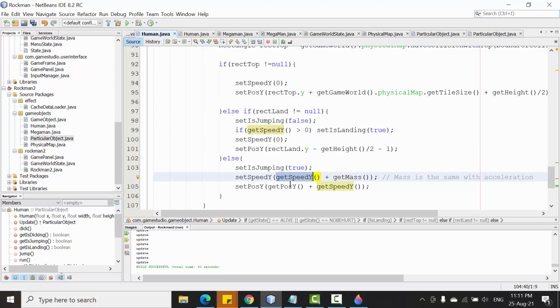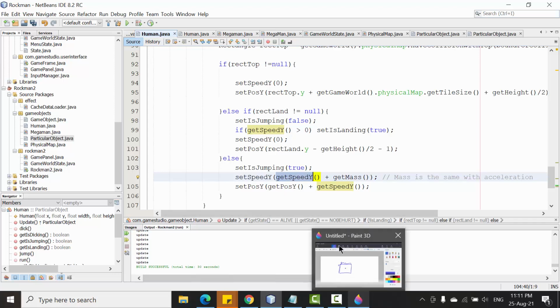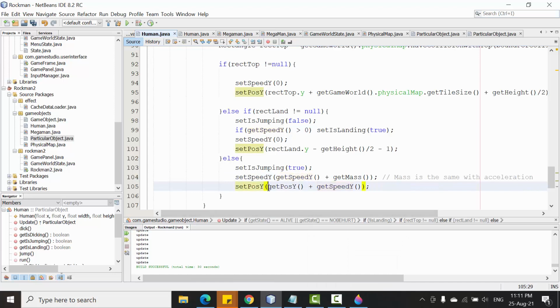Okay, and then we just set the new position by adding the distance with the speed y. Okay,